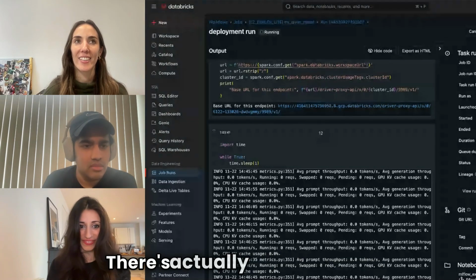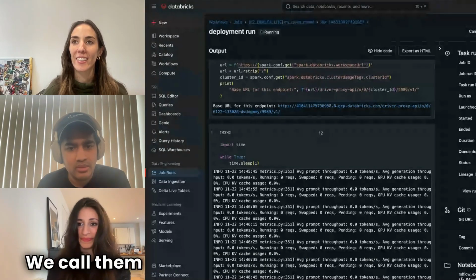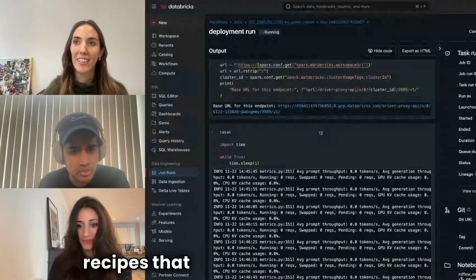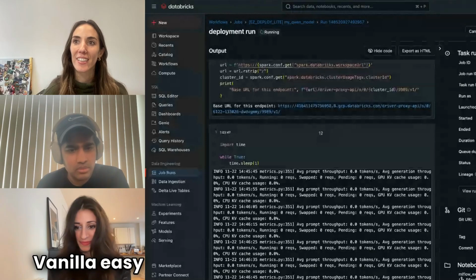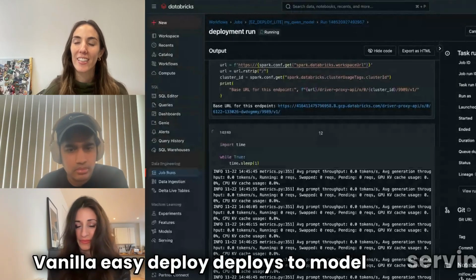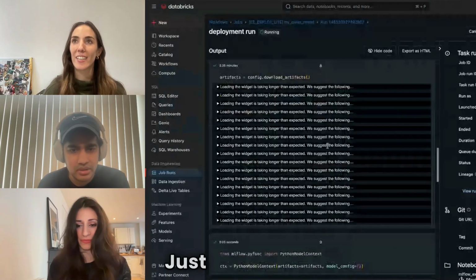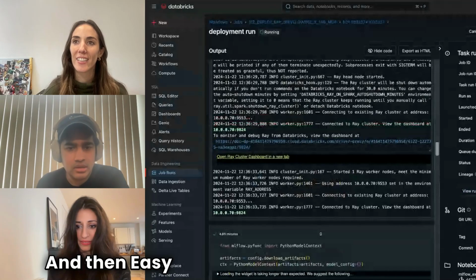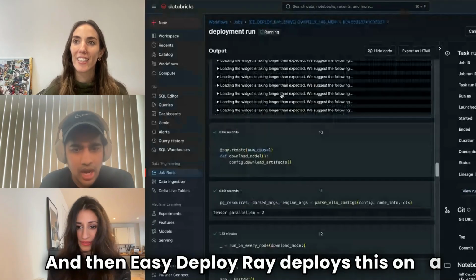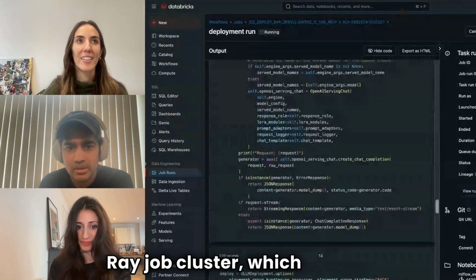So there's actually three modes. We call them easy deploy because they are just recipes that you can easily deploy. Vanilla easy deploy deploys to model serving. Easy deploy light deploys to a single node VM. It's just for testing, but that's all it does. And then easy deploy Ray deploys this on a Ray job cluster, which is what